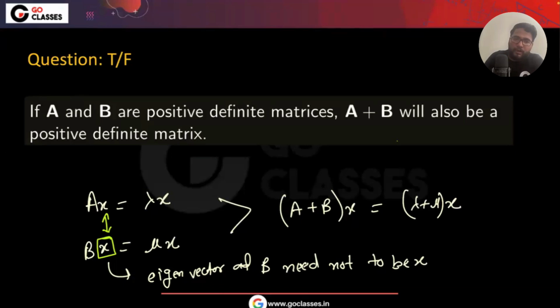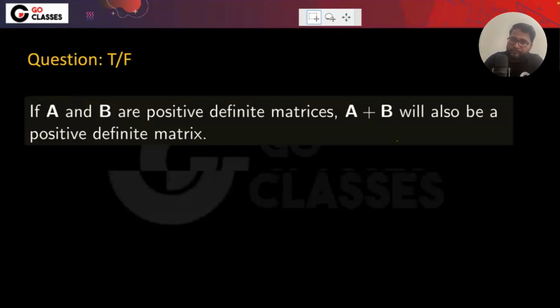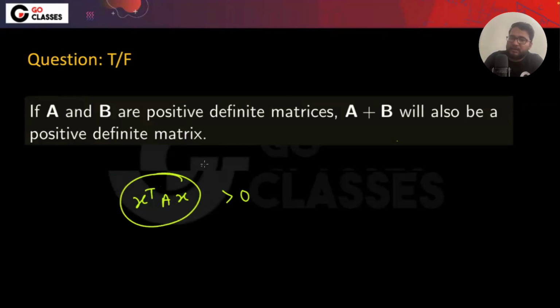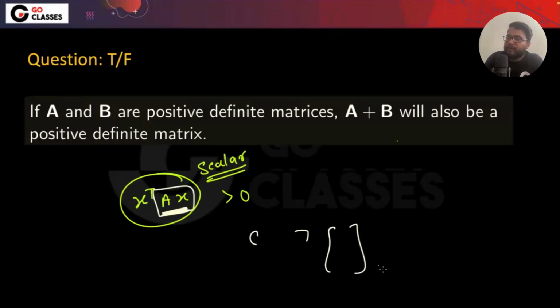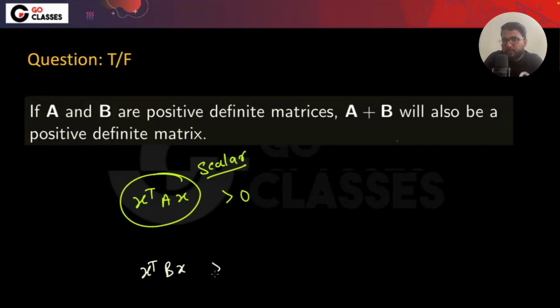So then how to solve this question? If I'm saying that A is a positive definite matrix, then I'm saying that X transpose AX is greater than 0 for all X. By the way, this is a scalar, a scalar number. Why? Because AX is a vector, and X transpose is a row vector times a column vector, which gives a scalar. If this is greater than 0 for all X, and X transpose BX is also greater than 0 for all X,